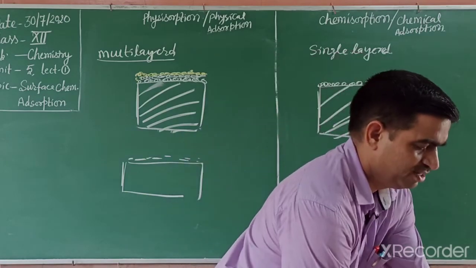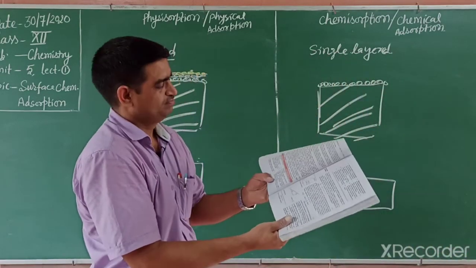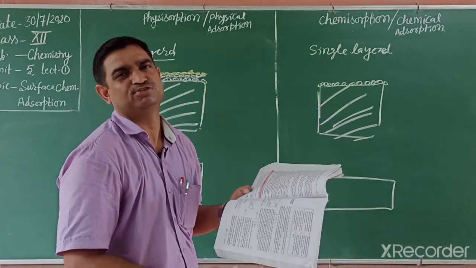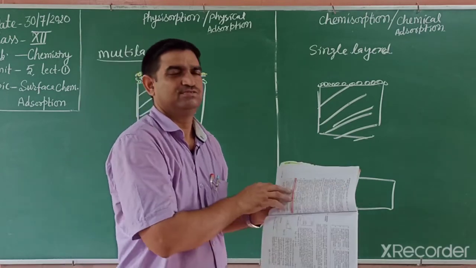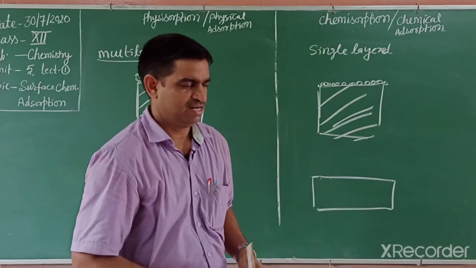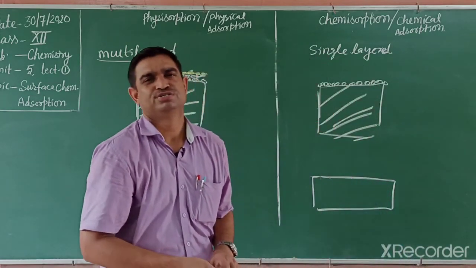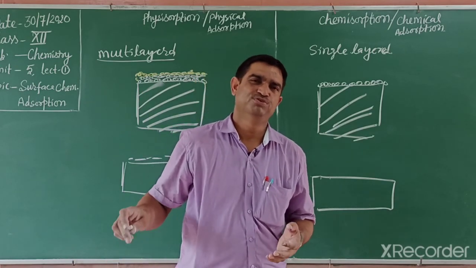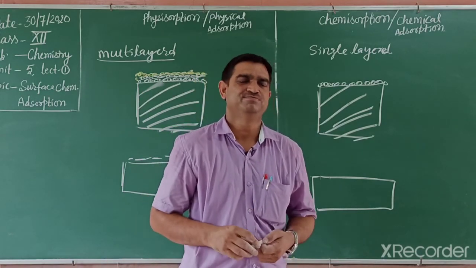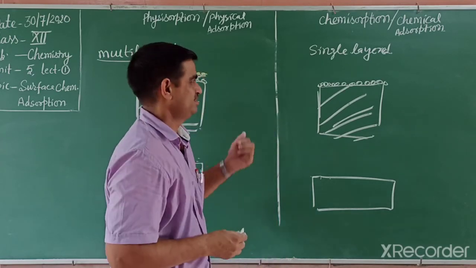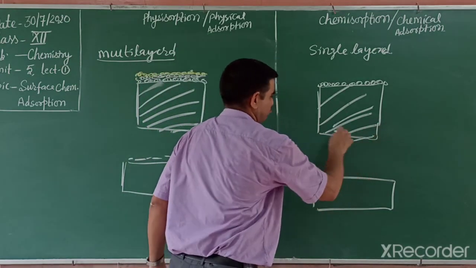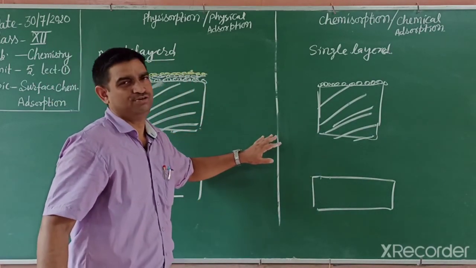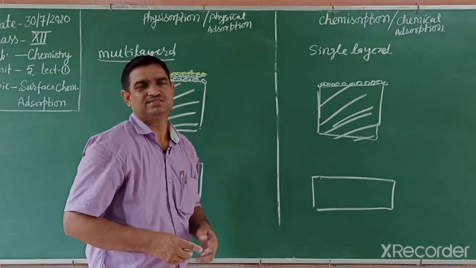So students, in our NCERT book, in tabular form, given at page number 124, all the physisorption and chemisorption differences are written in detail. Read thoroughly all this topic, and then make notes in a similar way, because this chapter is very easy and theoretical. If you understand it, it is also very helpful in daily life and in industry, so it is included in our syllabus. A very important concept and easy also. Many times questions come from this.